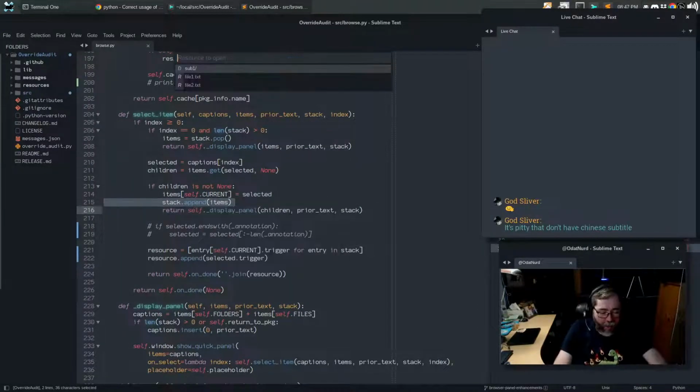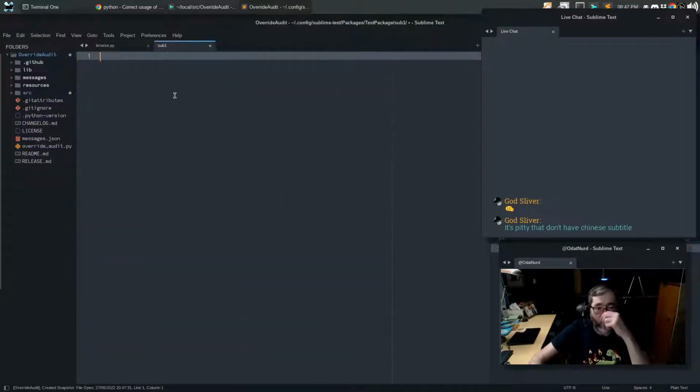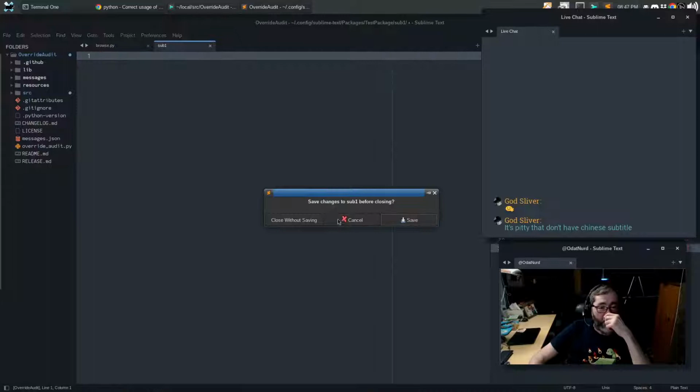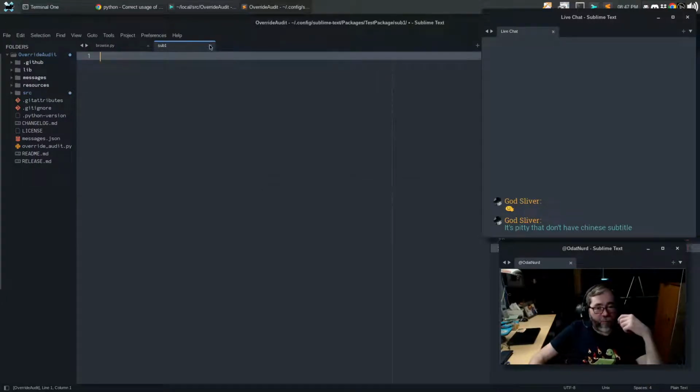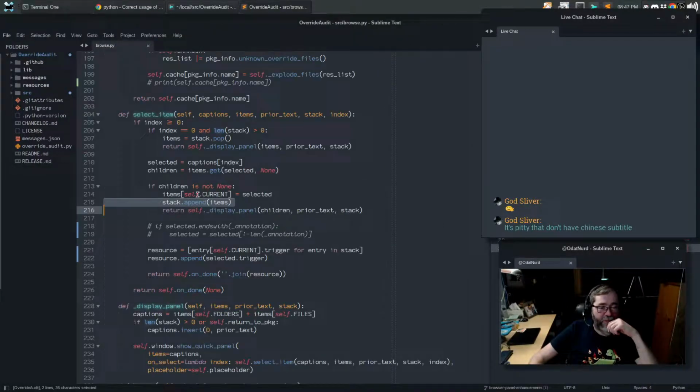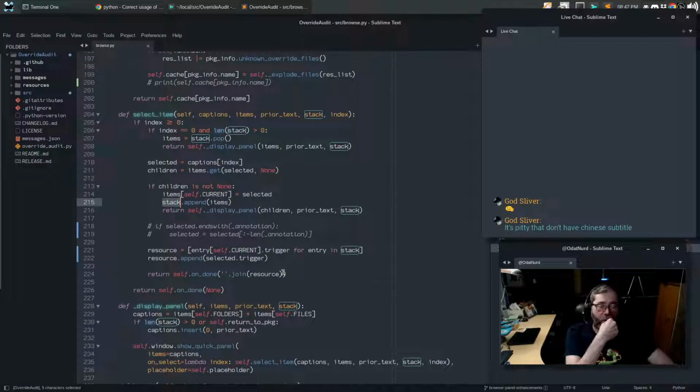This is how it goes from sub 1 into theoretically sub 2, except it won't work right now because it's broken. For it to be able to say, you know what, I'm gonna call this, and then the whole thing happens again recursively, and items are getting stuck onto this as a stack, which is why we see the stack appending and popping, so that when it gets to the end, it can just pull them all off. So